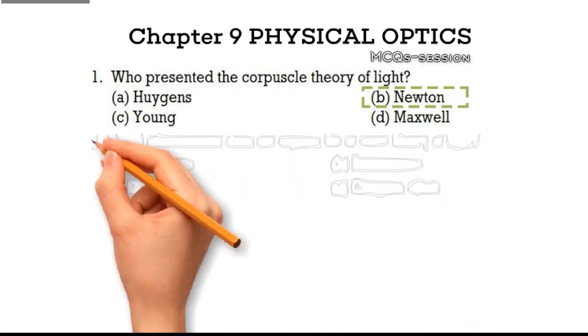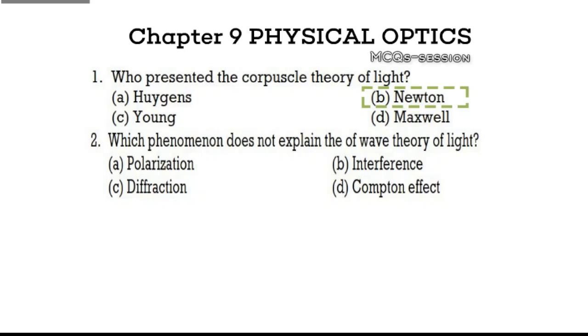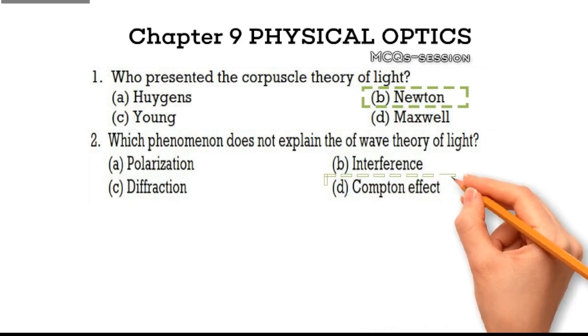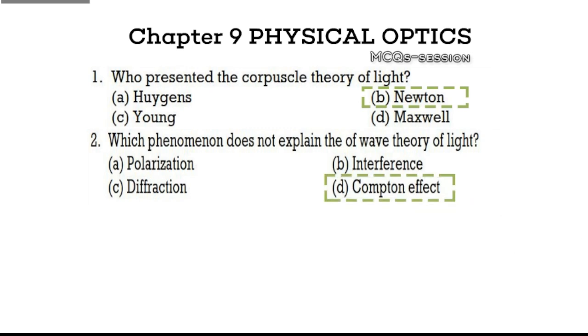Question 2. Which phenomenon does not explain the wave theory of light? A. Polarization, B. Interference, C. Diffraction, D. Compton effect. Correct answer, D. Compton effect. Explanation. The Compton effect involves the particle nature of light, where photons collide with electrons, proving light's dual